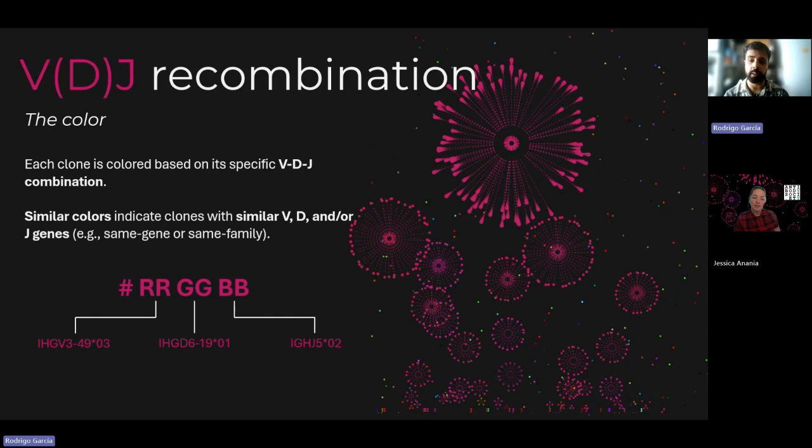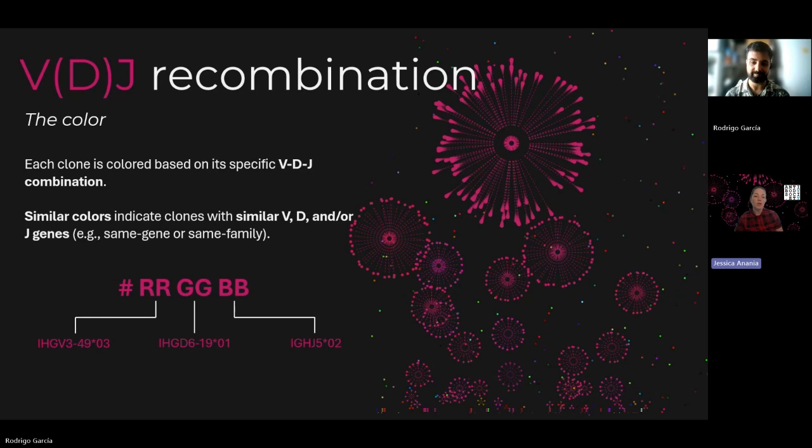And if you look at the image, the clones that are expanded are clones with a very similar VDJ usage. So there is something in this VDJ usage that allows them to be expanded. In the background, you can see singleton clones with different colors, which belong to very different VDJ families. And in the lower part, you can see very lowly expanded clones. Some of them have other colors because they have another VDJ usage, but still they don't get to be very expanded.